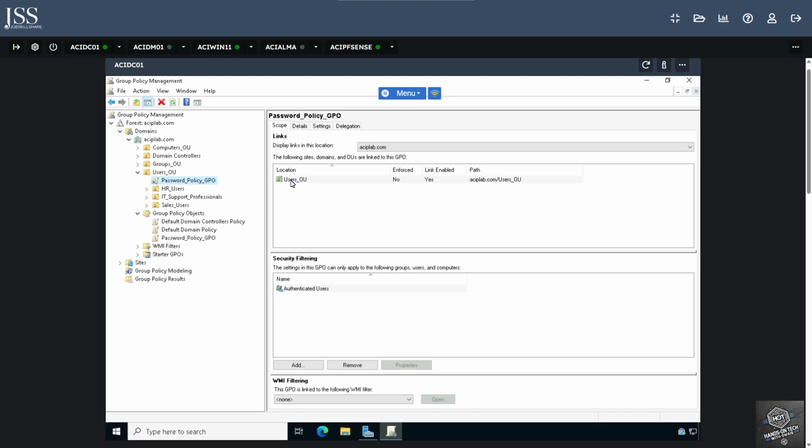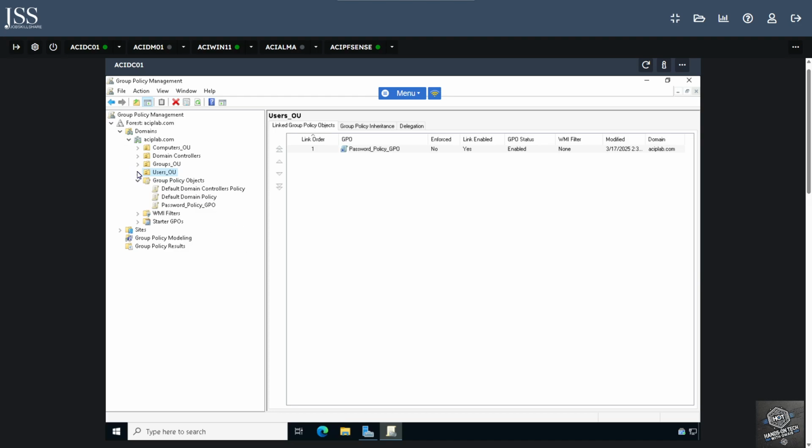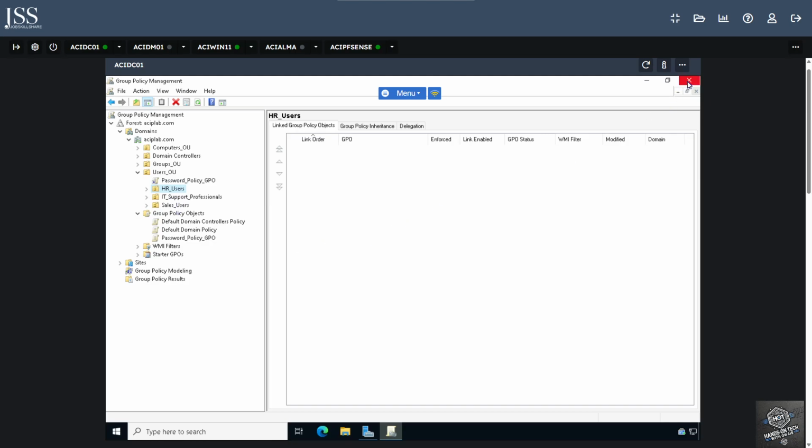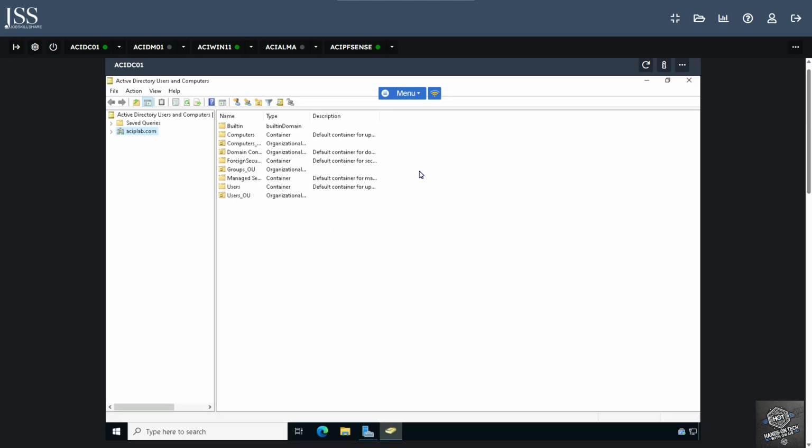Okay, so now let's go and create a user under these OUs. So let's close this group policy management console, go to Tools, Active Directory Users and Computers, and expand the domain,